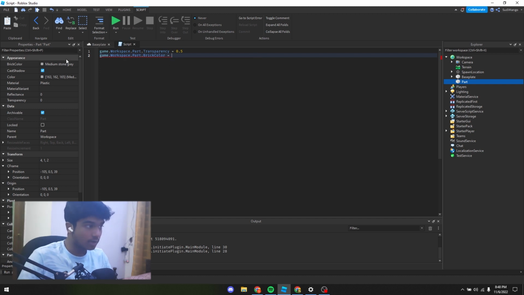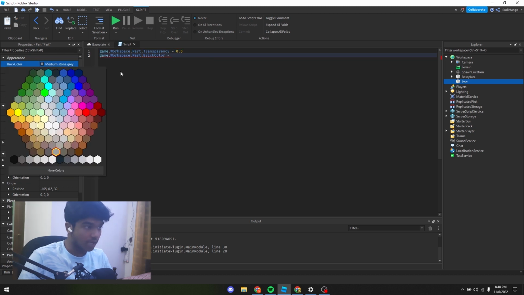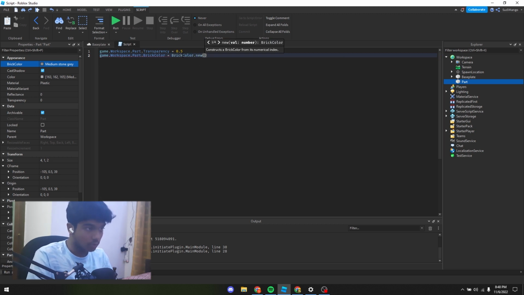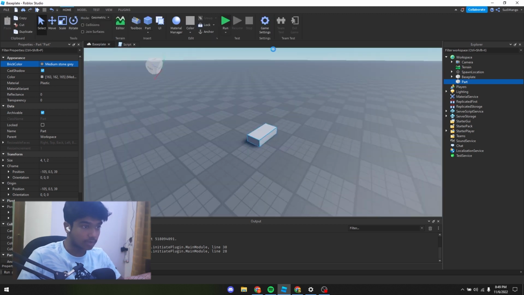And then for brick color, it's a bit different than, for example, just putting in a number. You can't even put in the names. You have to do something like this. You have to do brick color dot new, and then you can put in the name. If you put the quotation, and then once you do brick color dot new and then put in these brackets and put quotation marks in them, you'll be able to find all the colors just like that. There's some weird looking colors over here, so I can just double click on that, and you can see that it fills out. And now if I run the script again,